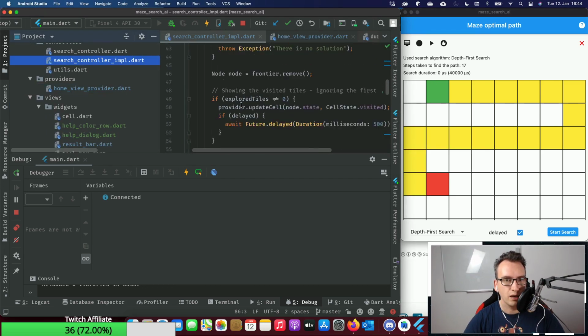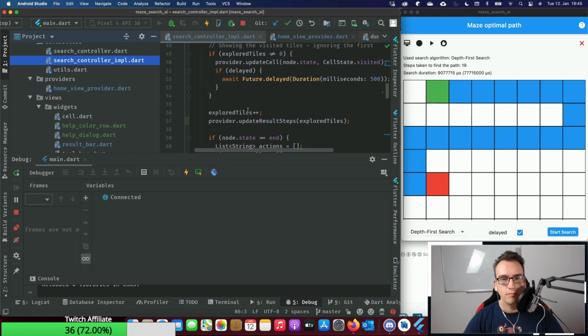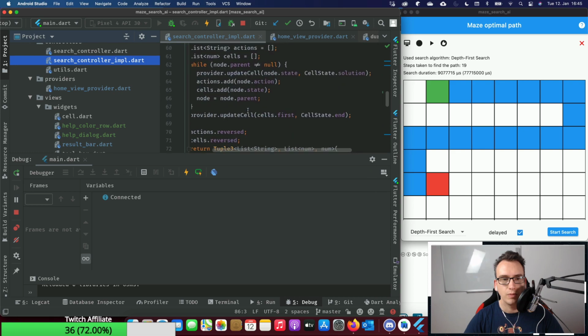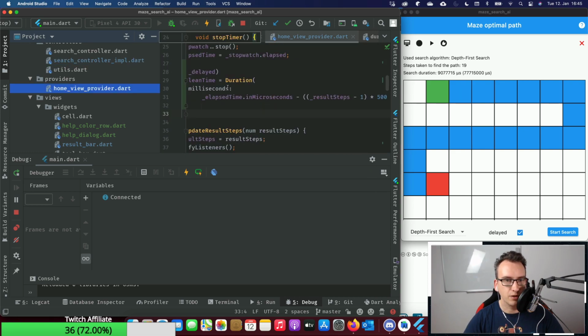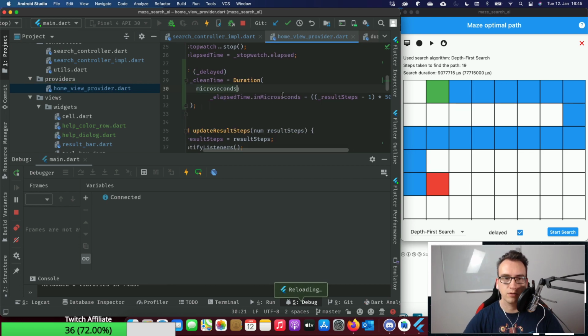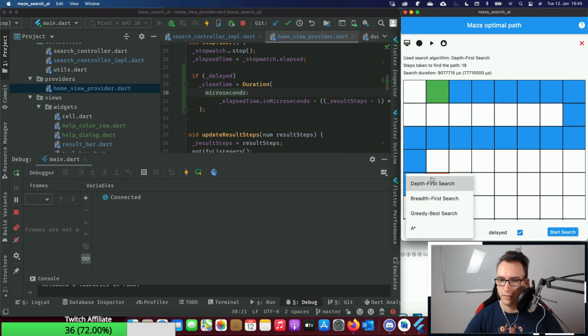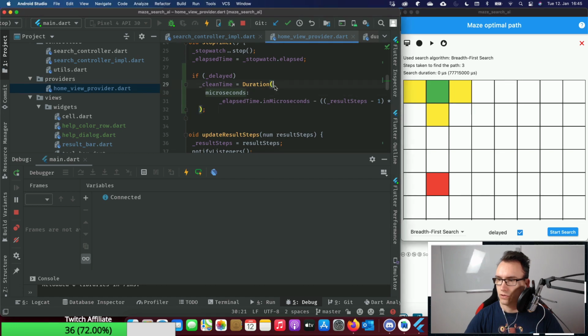So whenever we switch, yeah, of course, that makes no sense, because at the moment we set that in milliseconds, but actually we want to have it in microseconds now. Okay, got it. So hot restart, switching to breadth first search.